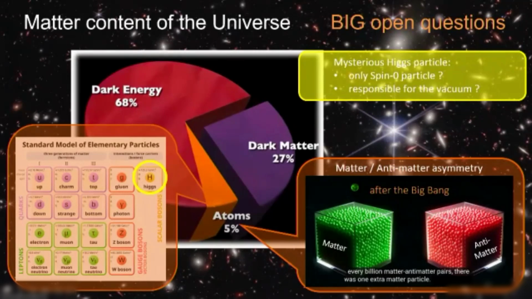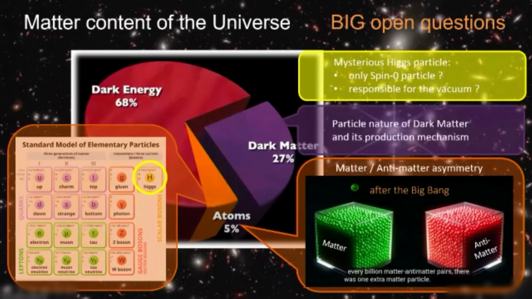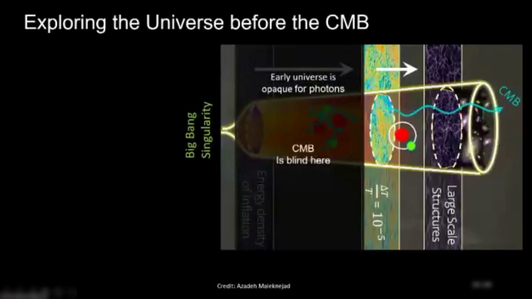Why is it so? Why, at some point in the history of everything I told you, did the universe decide to choose matter and not antimatter? There must have been a little tiny difference, an asymmetry in the amount of matter and antimatter at the origin, which we cannot find today, which we're looking for, we're trying to explain. Matter-antimatter asymmetry in the universe. Finally, obviously, we ask ourselves, what is dark matter? What is it made of? And how is it produced? And I will not touch upon the elephant in the room. What is the rest? What is dark energy?